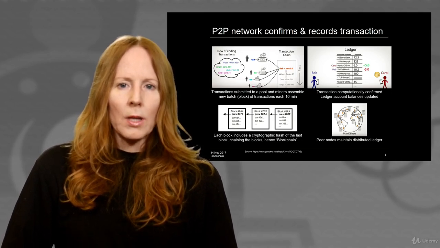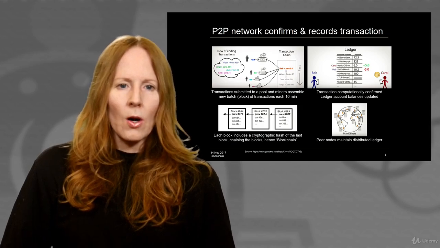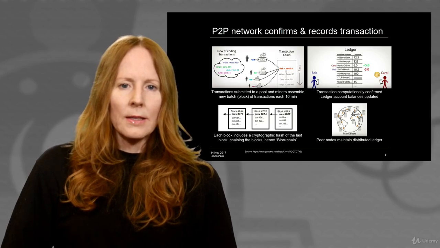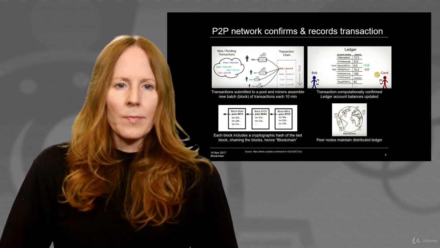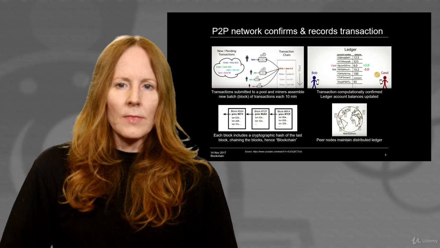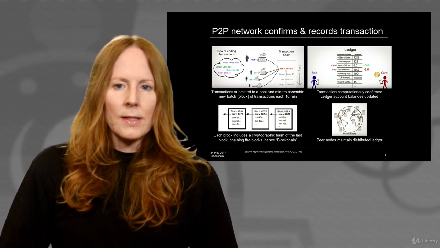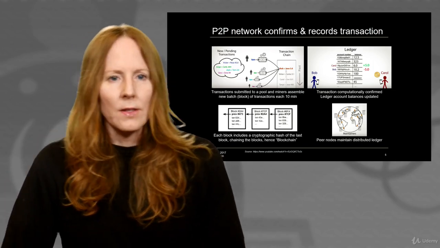Then that miner updates the chain with the new block, which has a hash or a little signature of the previous block, which thereby chains all previous blocks together in an immutable linked transaction database, and updates the chain with a new block. The ledger balances then reflect the new transaction balances, and the block is sent out to all of the distributed nodes worldwide that maintain the software transaction ledger.